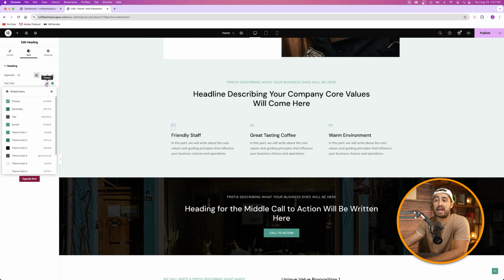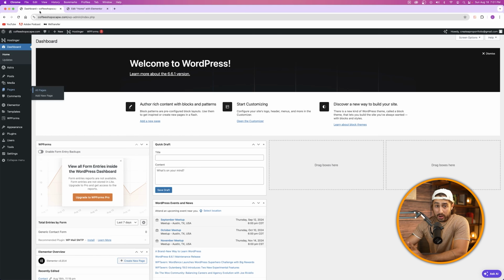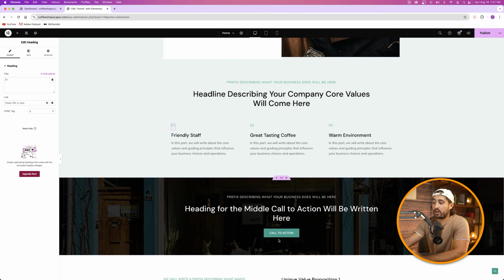Use the global button because that is using your global color palette that we chose when we first downloaded the template, right? By the way, let's take a quick timeout from Elementor. I'm going to jump back into my dashboard. I want to show you something very quickly. I want to show you guys how to change all of the colors on your entire website all from one